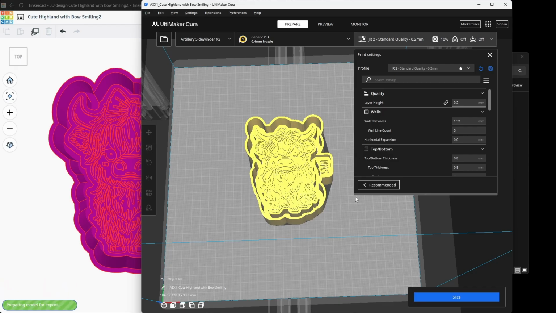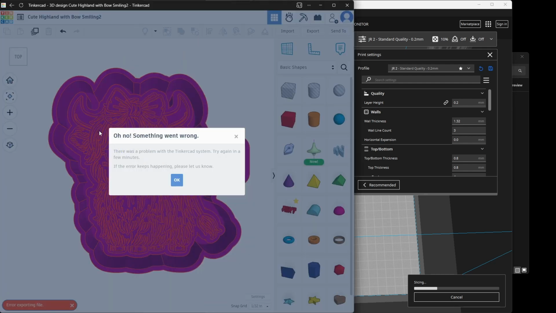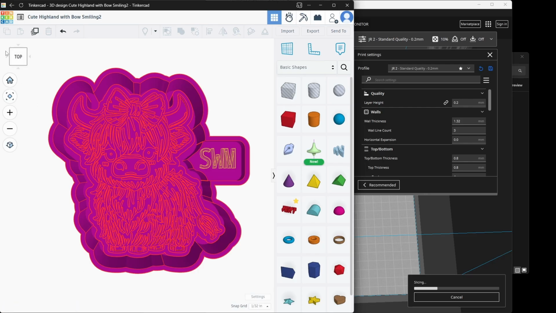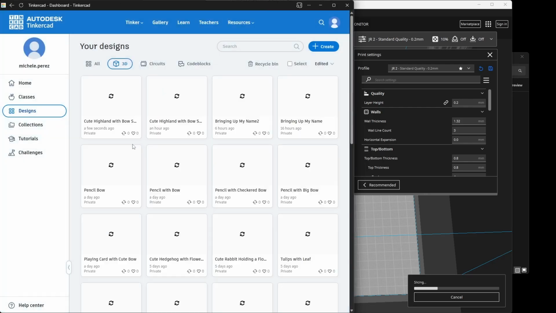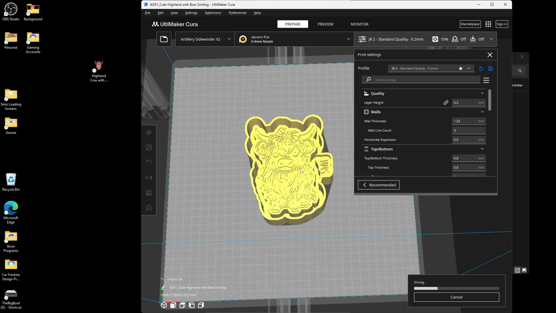And then of course you just hit slice, and it'll show you how long it will take and gives you previews. I normally do 10% infill. I don't do too much infill on these since I'm just gonna do silicone molds, and it gives me an error. Okay, we're not gonna worry about it right now. But that's pretty much how you export the STL file. And you don't need any supports for this,